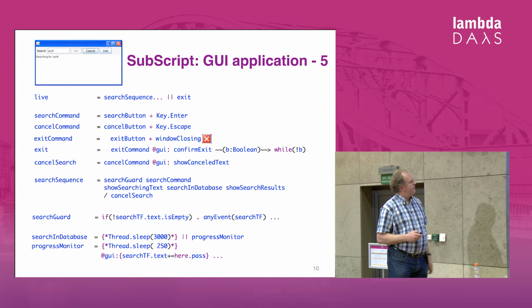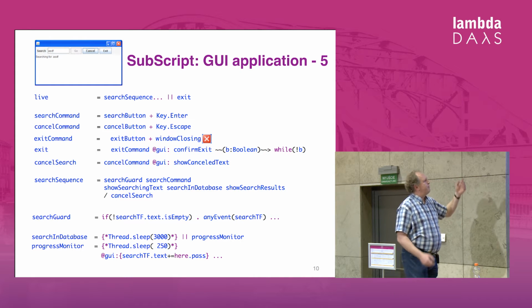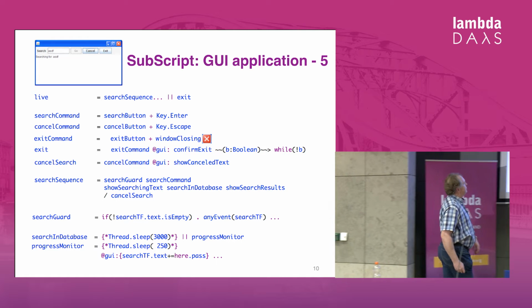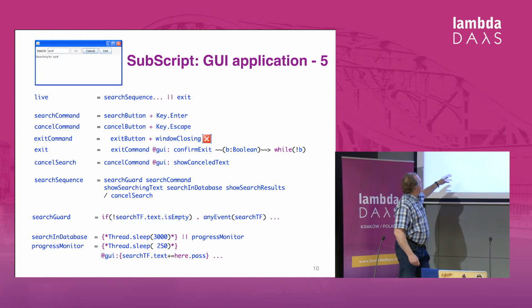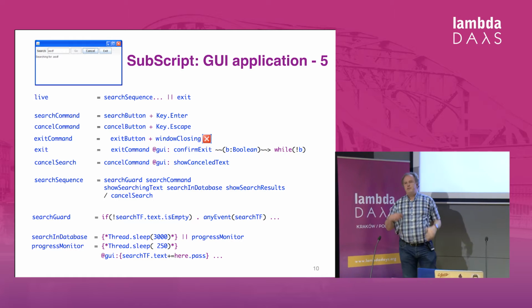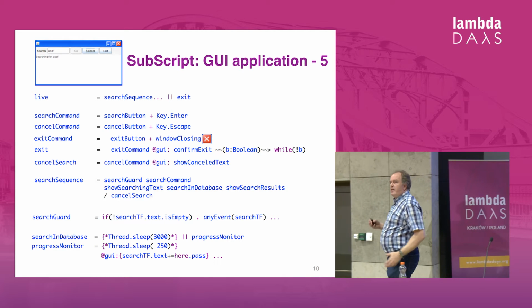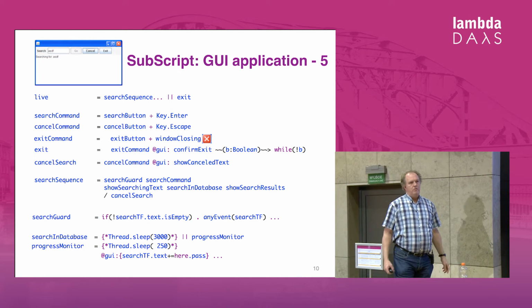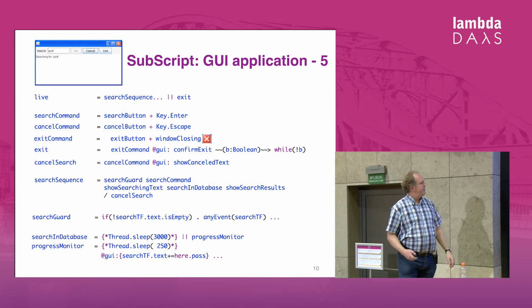Now you can add more things. I won't go much into it, but let's say for canceling, there's a similar operator, which is a slash, which means disruption. So you can cancel an ongoing process, in this case, by another event.